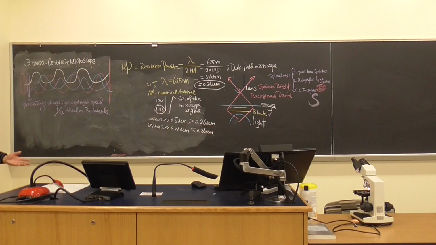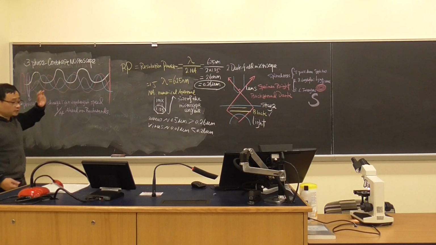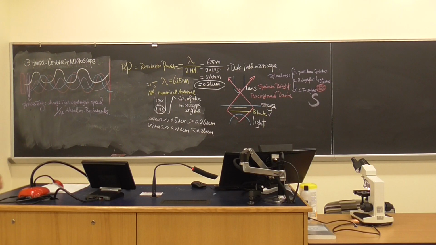So normally, based on the wavelengths, you cannot see it, because the peak and the bottom overlapped. And now I have a phase ring. We're going to change the wavelength speed. It could be 1/4 ahead or backwards. Then what happens? It will show up, because the wavelength is not interrupted anymore.